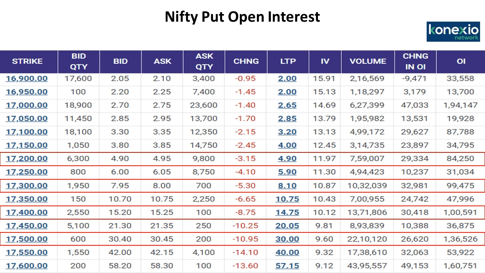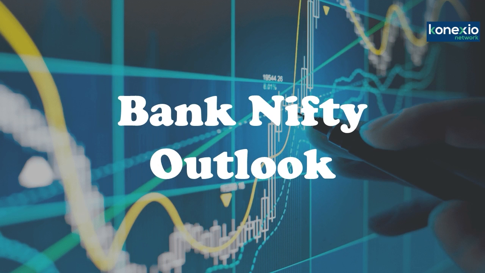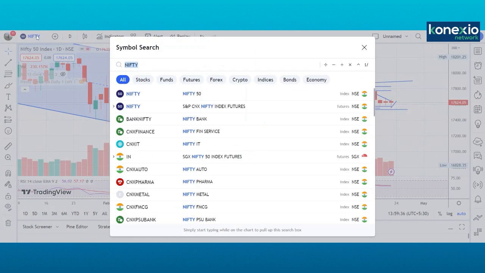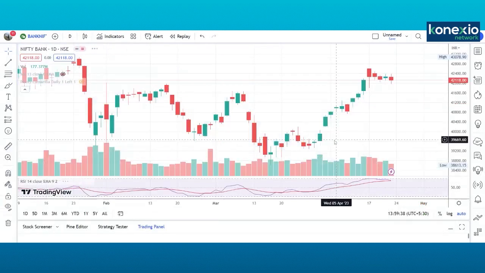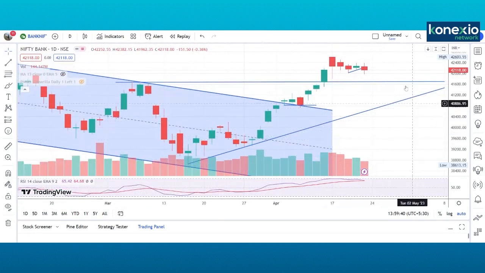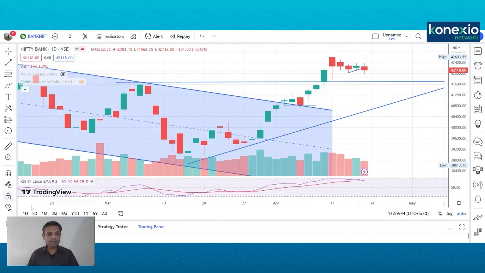So friends, now let us check out the Bank Nifty daily charts, and we'll try to figure out what could be the trend for the next week. In the Bank Nifty daily charts, a similar kind of pattern was seen. You can see a sideways, range-bound movement. Again in Bank Nifty also,